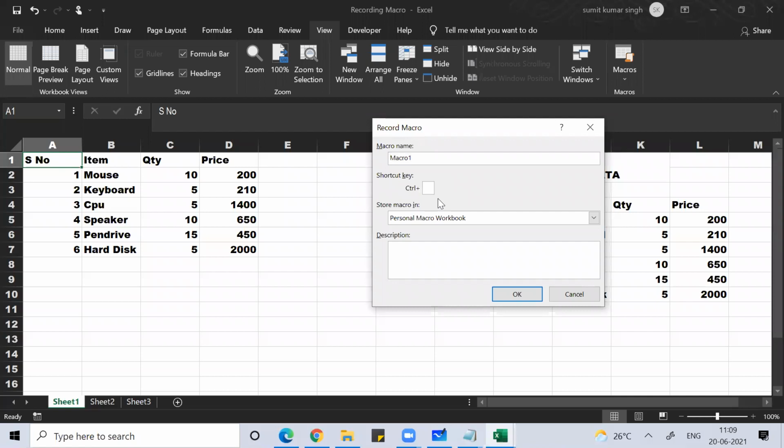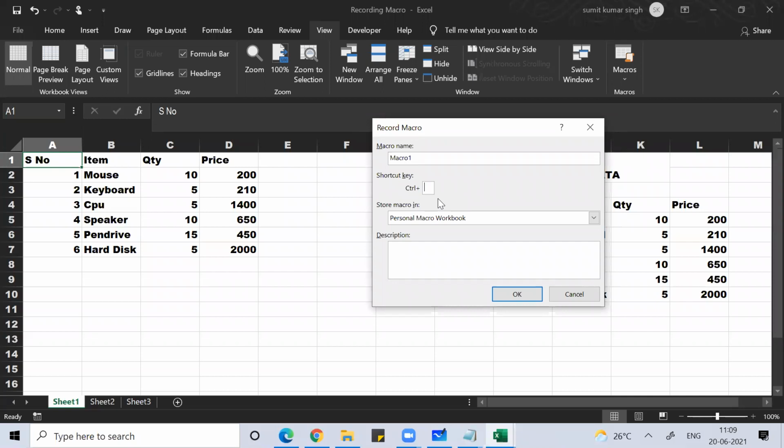Make sure you don't use shortcuts that are already default Excel shortcuts like Control C, Control X, Control Z, Control Y, Control K, Control Q, Control W, Control U, Control B, Control I. Those are already well-defined Excel shortcuts. Better please don't do that, otherwise next time your shortcut will not work.